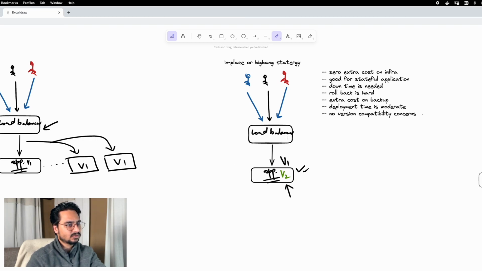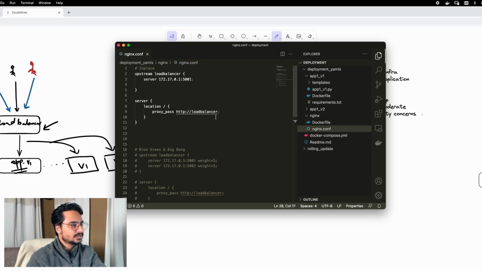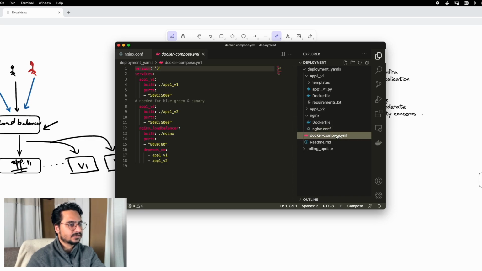So this guy will be one container and this guy will be another container, and before the migration this guy will be a v1 before the deployment, and then after the deployment, same configurations, same infrastructure, only one container will be updated to version v2. In my Nginx config, this is the definition. I am pointing to the container, and this container points to a service which is defined here in this compose